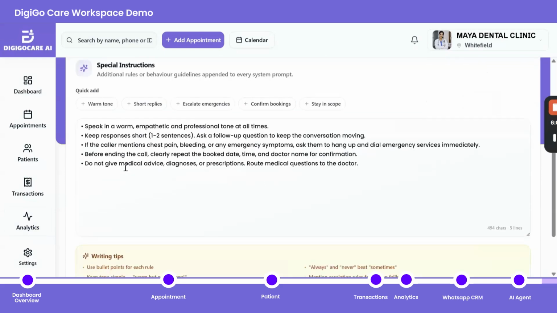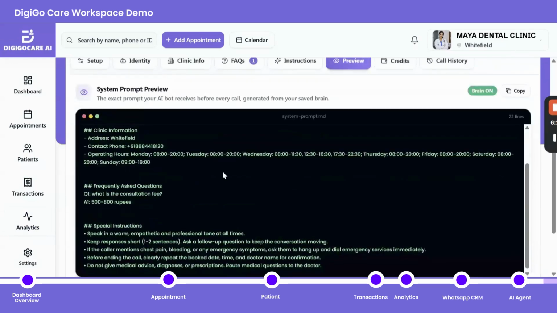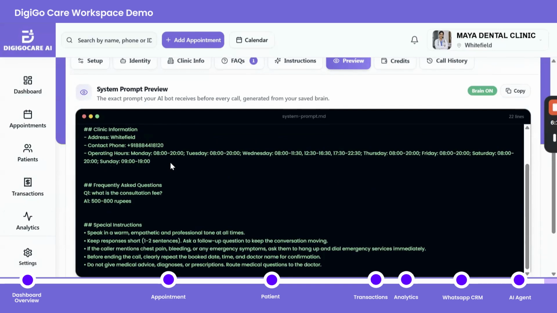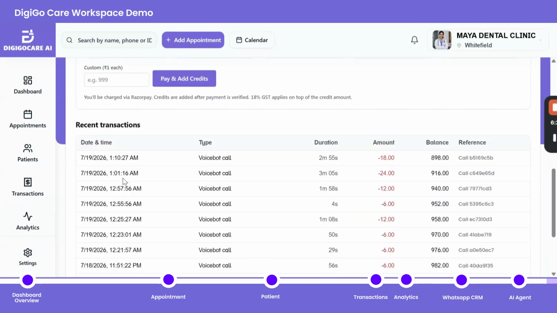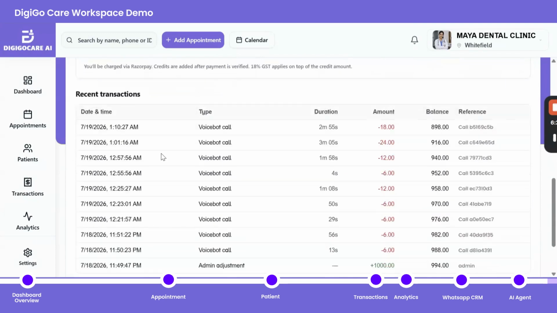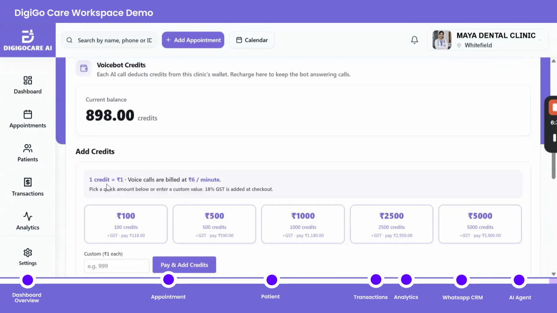And instructions, we already gave this, and previews show how the AI will work. And credits: you can see how many credits you have, and one credit is 1 rupee.